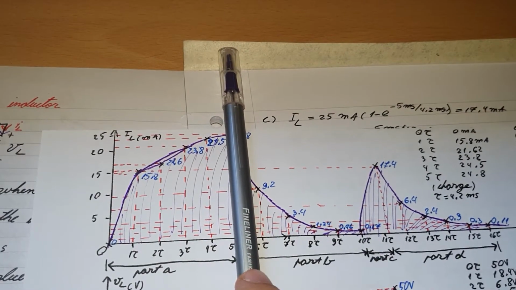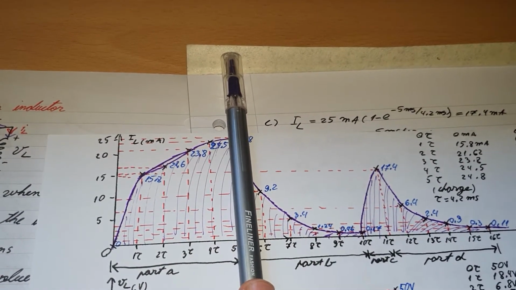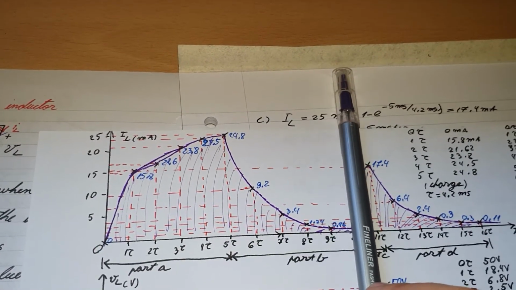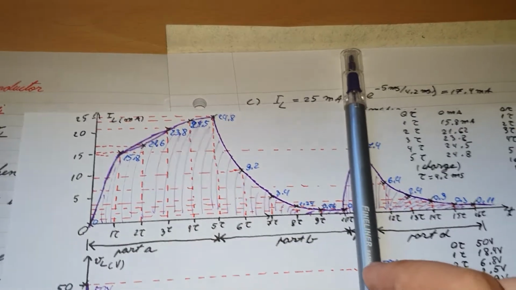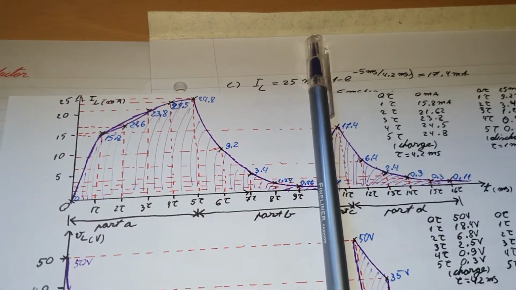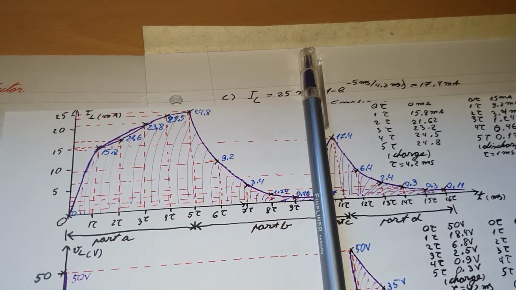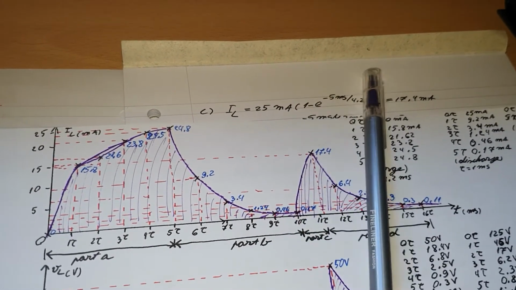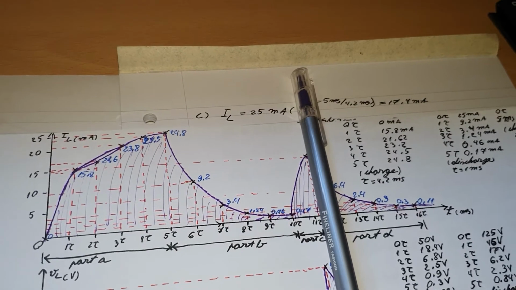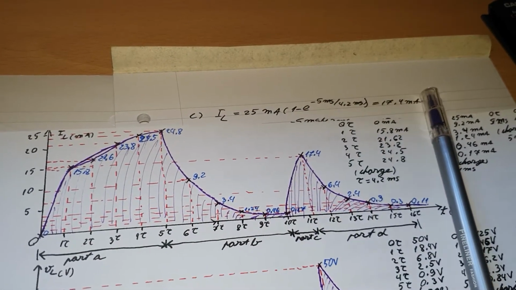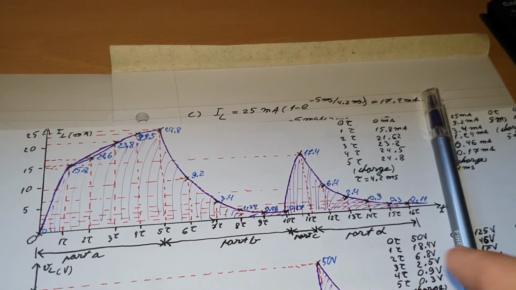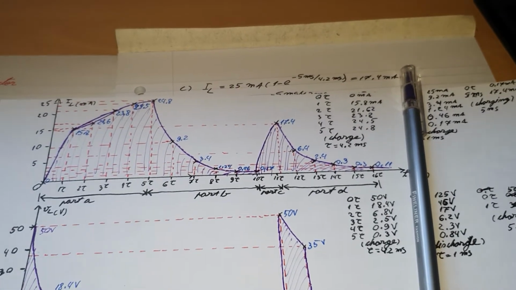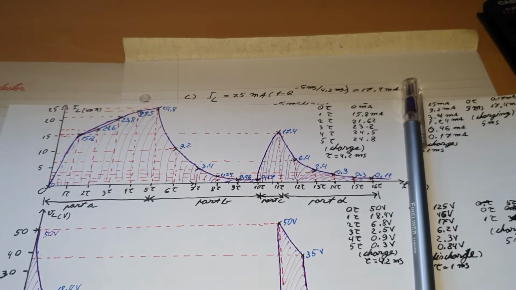And then from this point, we switch the switch to open. That will make it into a discharging inductor. So now it's not charging anymore, it's discharging. And instead of going up, it goes all the way down to 0.17, which you can say is pretty much equal to 0 compared to what it was before. Then again, we close the switch for 5 milliseconds only this time, so for only one time period, it goes up to 70.4 milliamps. And then again, we discharge it. It will take 5 time constants to discharge. It will go all the way down to 0.11. So that's how the current graph will look. It keeps the same direction because there are no negative values.